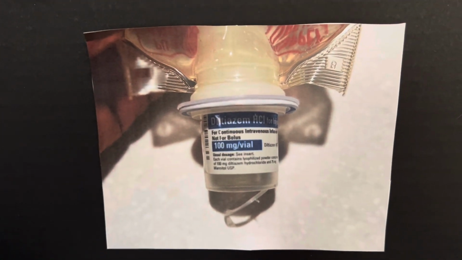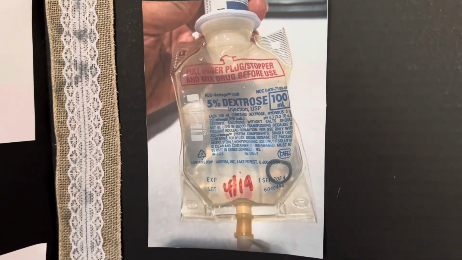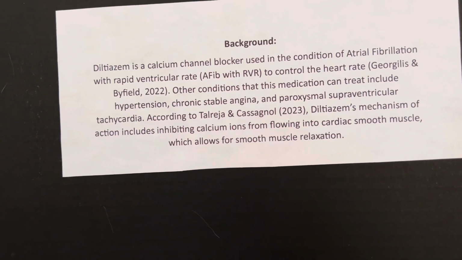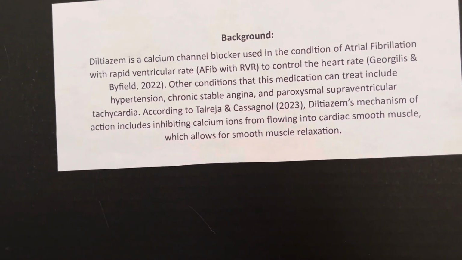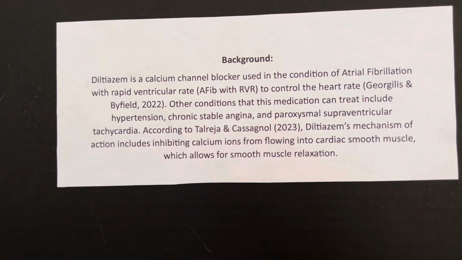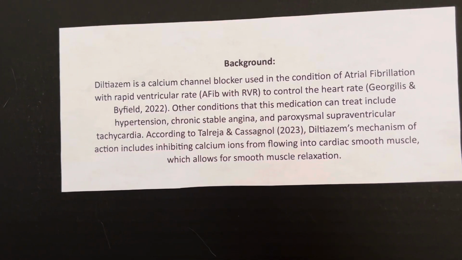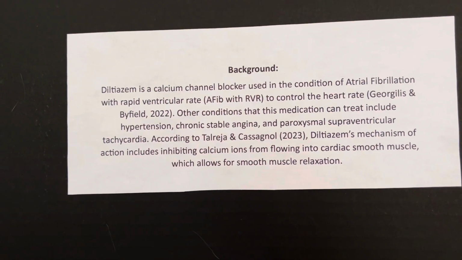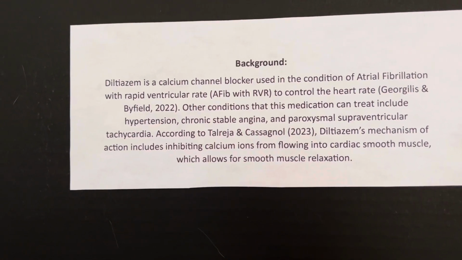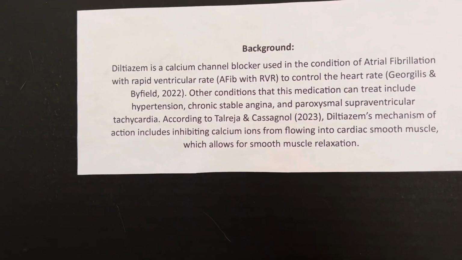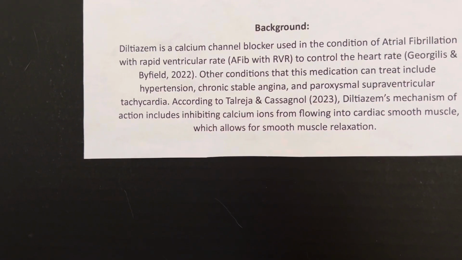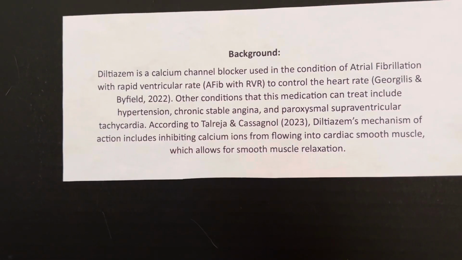This is what it looks like when we pull it from our Omnicell at the hospital and we mix it with the 5% dextrose. When discussing the background of Cardizem, it's important to mention that it is a calcium channel blocker. Calcium channel blockers work by inhibiting calcium ions from flowing into the cardiac smooth muscle, allowing the smooth muscle to relax. Although they are not the focus of this lesson, Cardizem can treat other conditions like hypertension, chronic stable angina,